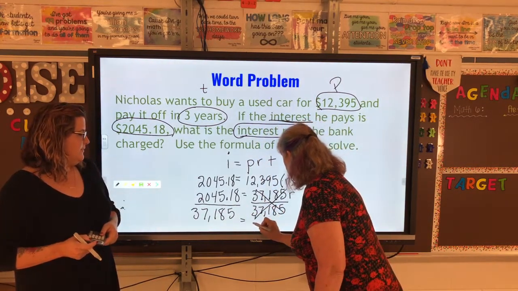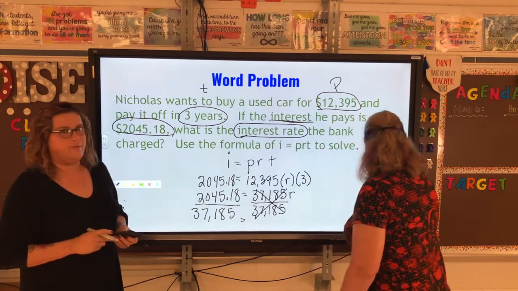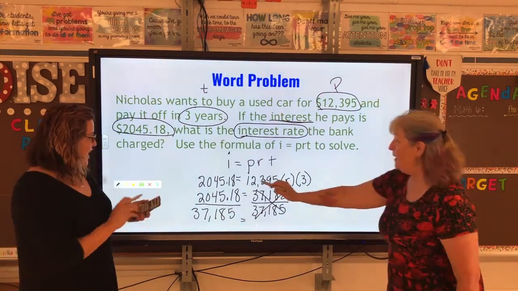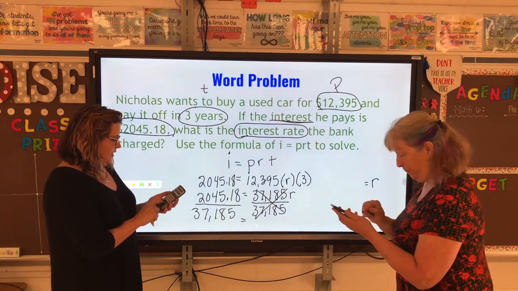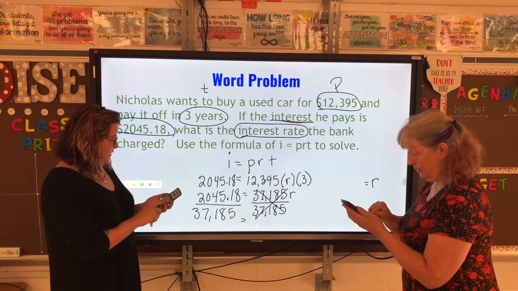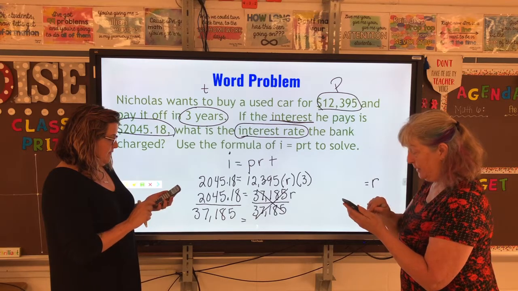Yeah, that's gone. So then it's just R equals. Let's write over there, Miss Lamb. We're running out of space here, guys. Yeah, true. All right, I'm going to do it too: 2,045.18 divided by 37,185. I'll talk to myself, sorry. Now,